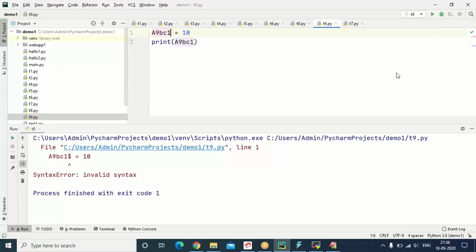Let us see randomly any other special character. Let me go for percentage. I'm choosing percentage at the end. You are getting an error. You can check with any other random special character. I'm using ampersand. Again error. Let's go for hash mark. Hash mark is already defined for single line comment.